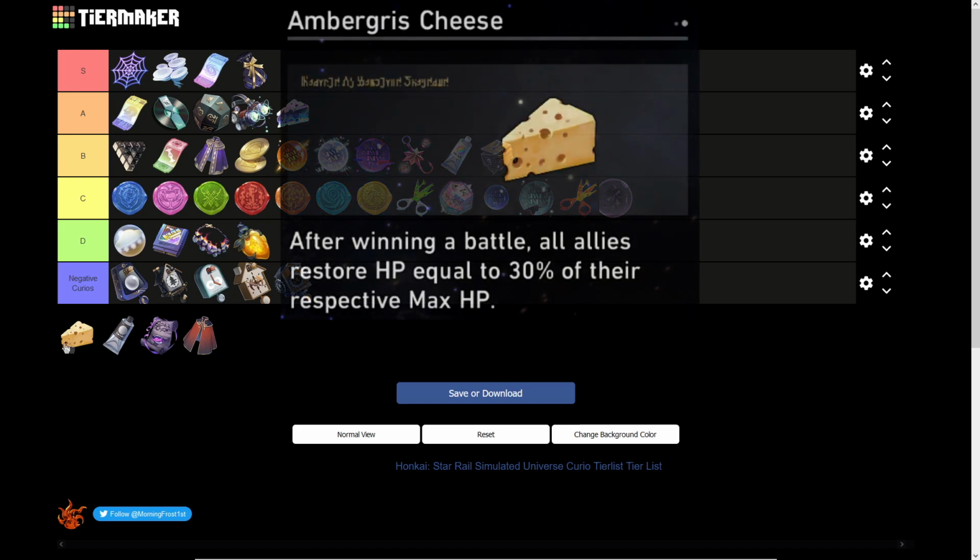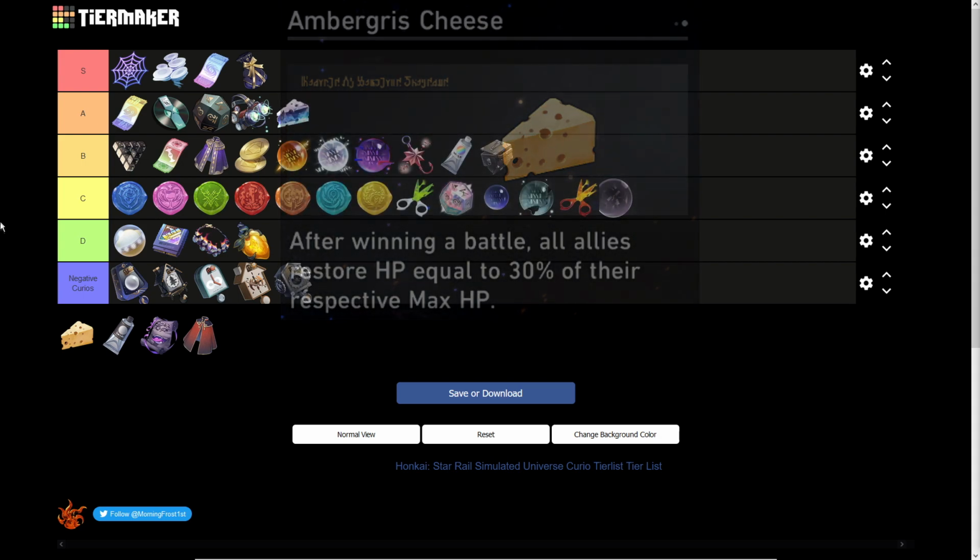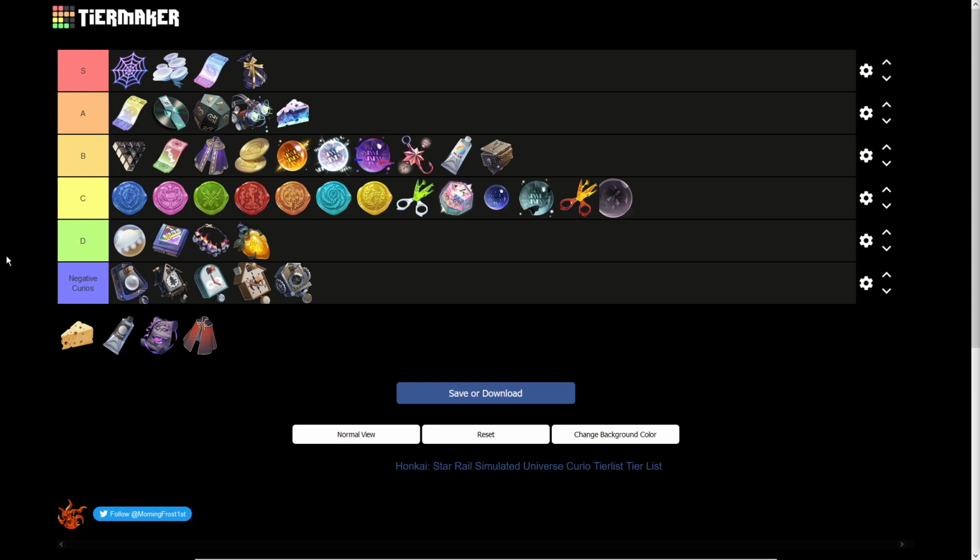And now we have the other cheese, Ambergris cheese. After winning a battle, you get HP. Your team is healed by, I believe, 30% of their max HP. This, in my opinion, is going to be the 5th, probably the final, looking at what's left, the final and 5th and final bad curio. I feel like maybe if you have no healers perhaps on your team, maybe, but